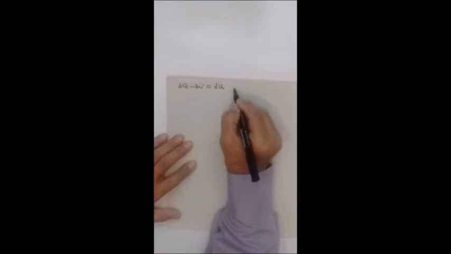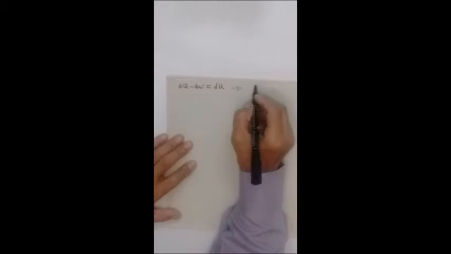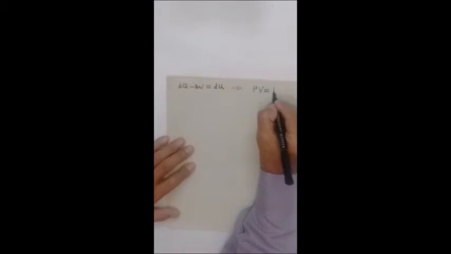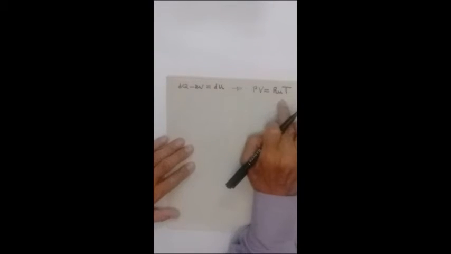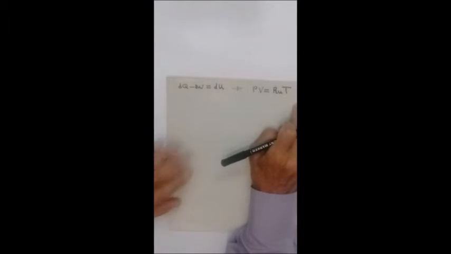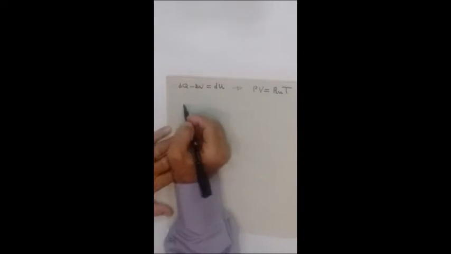Okay, also we know that PV equals RU times T, that's for 1 mole, and according to the number of moles, but PV equals RUT for 1 mole. Okay, now